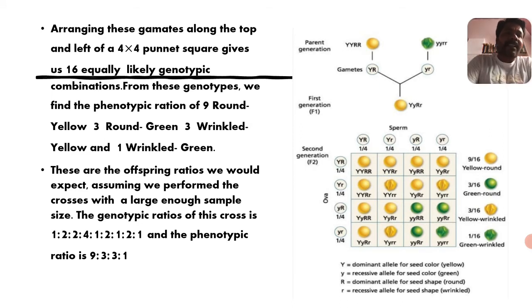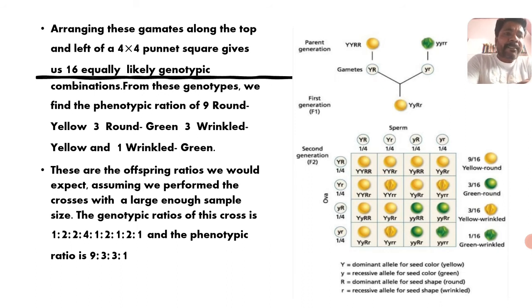It is mentioned as a capital Y and capital R, no problem. In that also you can see in the capital Y Y, capital R R, what does it refer to? It is the round with yellow, and again the round with yellow. Those which are round with yellow are mentioned as yellow color.